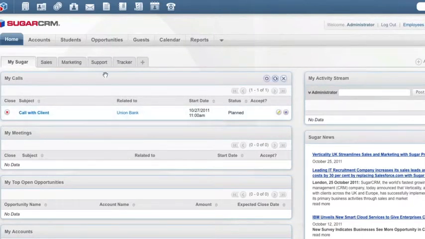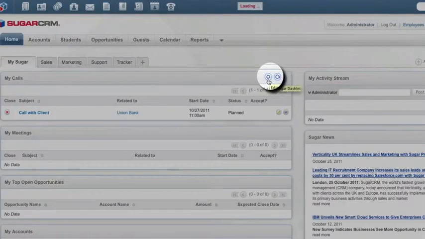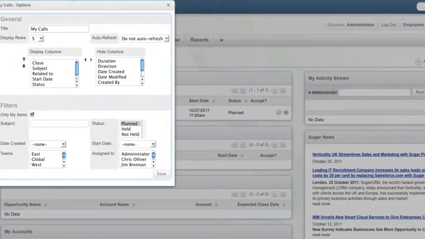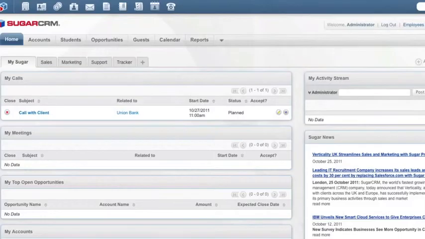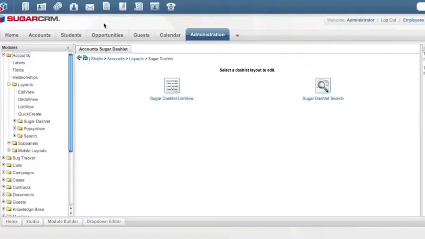So if you just want to see your calls, your meetings, etc., these are called Dashlets. Now, what you'd be manipulating would be what you see here when you click on the options, as well as what's actually shown here in terms of the columns that would be displayed. Since I'm looking at my calls, I'll go ahead and go back to Studio and go to Calls,